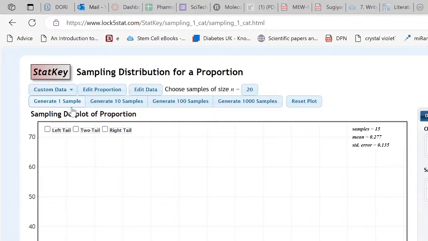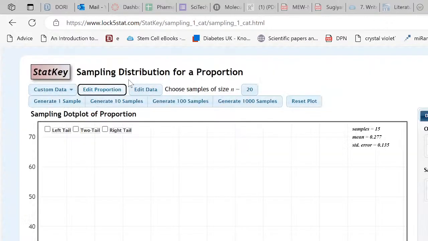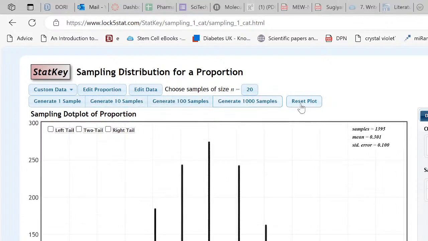All right, so we want to fast forward this process. Now you can do one at a time, but if you look over here, you can generate 10 samples at a time. So here I am just banging on it. I could choose 100 at a time. I could do 1,000 at a time. I know you're just dying to see me hit that one. And now I've hit it a lot, so it needs to catch up with me. It's getting angry with me.